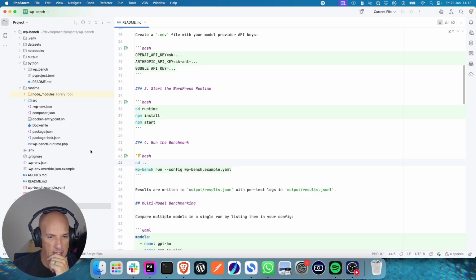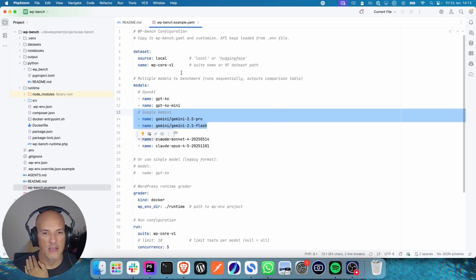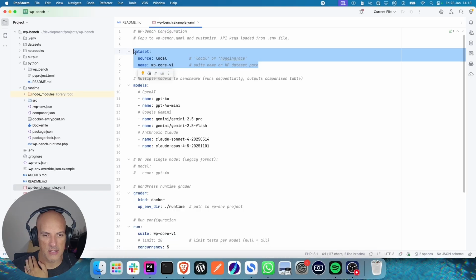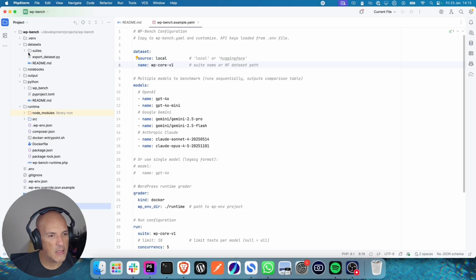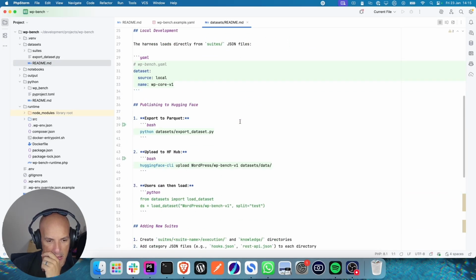Then you need to create a config file. There's an example config file. You can use two different types of data sets, either a local data set or a data set from Hugging Face. This is all brand new to me, so I don't know half of what I'm doing here, but the way I understand these data sets, if we have a look at what's in the README,